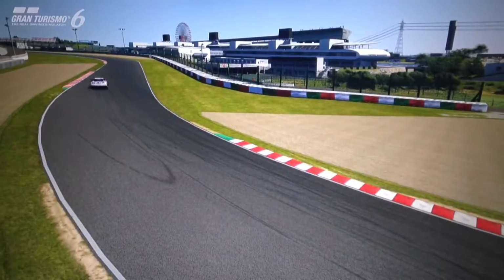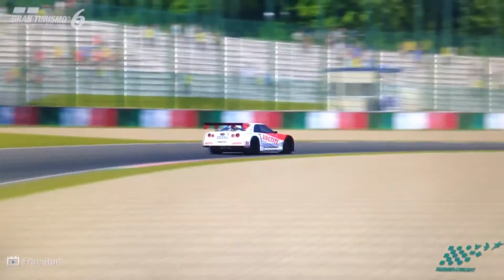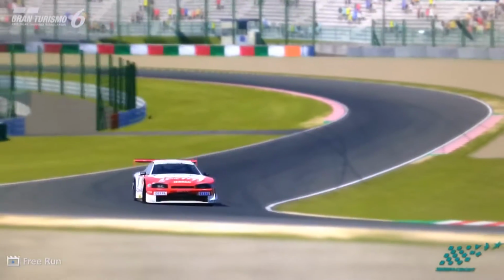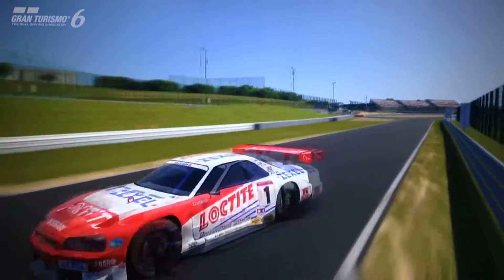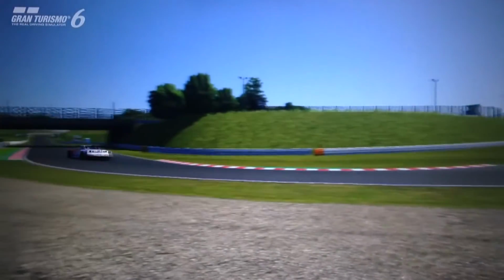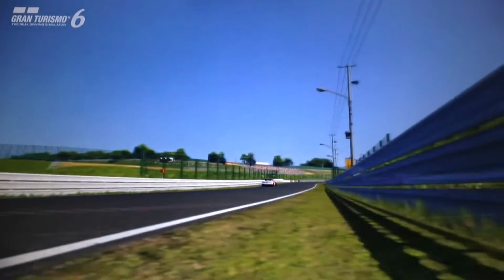It's the year 2000 Team Loctite Zexel GT-R. This is an R34, fairly obviously, as all of the other Skylines currently are, apart from, of course, the R35 GT-R. And it's a pretty good car, to say the least. Now, all of the GT-Rs are very strong GT500 machines. Most people know that. But this car is, alongside the Celsonic Skyline, the most torquey engine of any of the Skylines at a massive